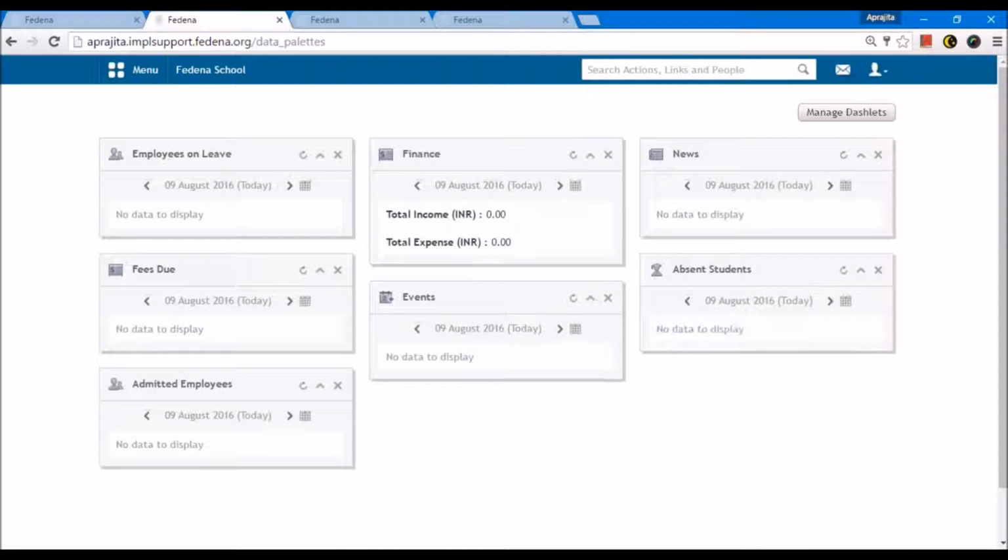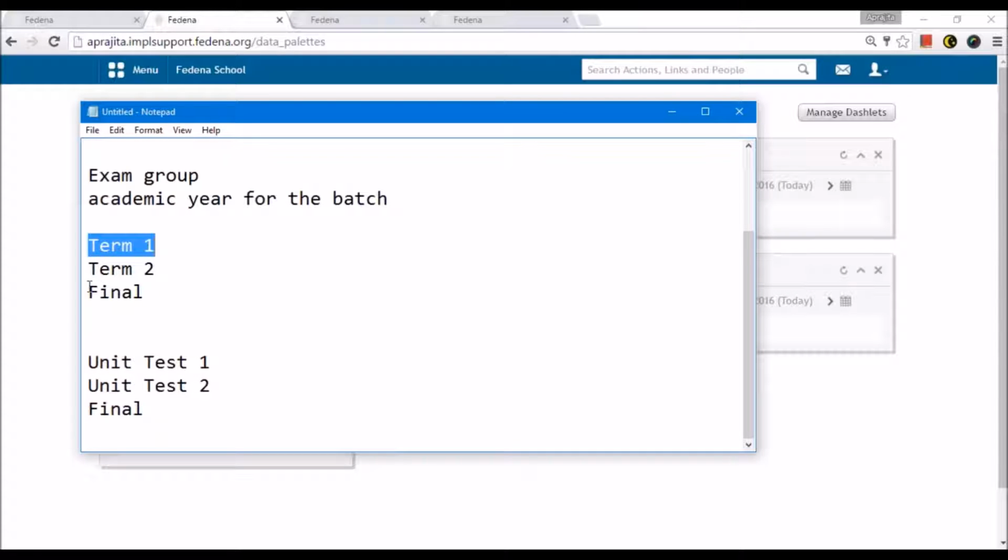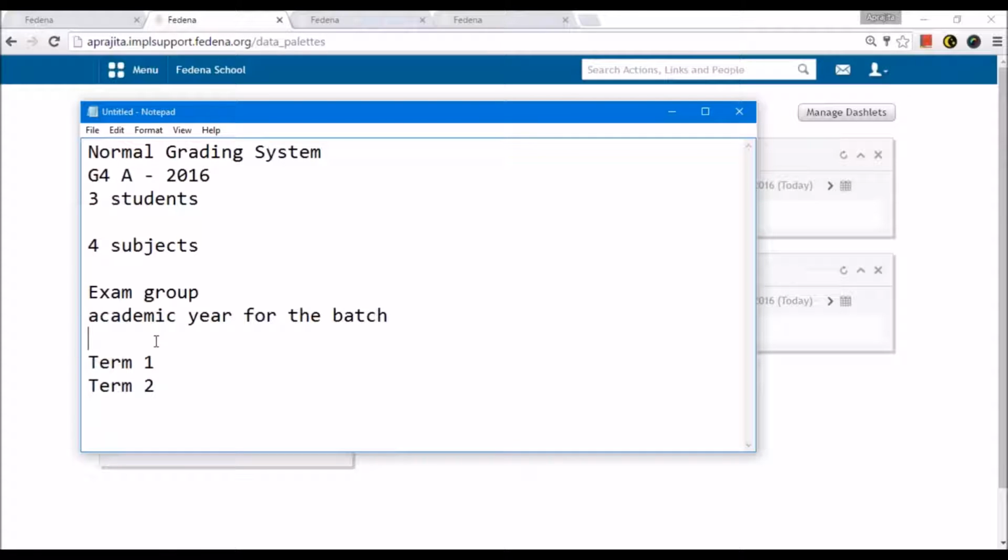So let's say now we have had 2 terms and we want to give the final report card to the student. So in this case, I am considering that we have only 2 exam groups for this academic year for grade 4, which we have already created. Term 1, let's say the weightage of term 1 is 30% in the final report card that we want to show. And the weightage of term 2 is 70%. So if this is the case, you can add these connections or percentages to each term. Currently, if you see, it is 50% by default. But now we do not want 50%, we want to change.